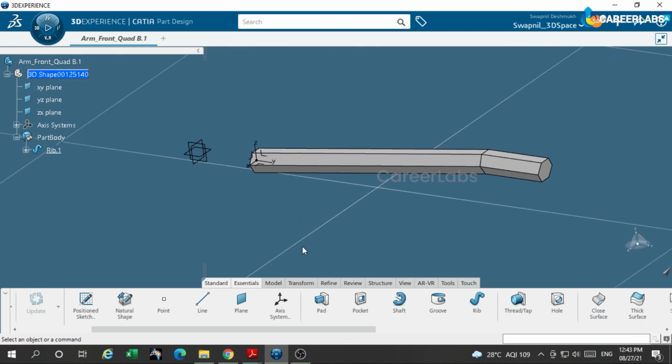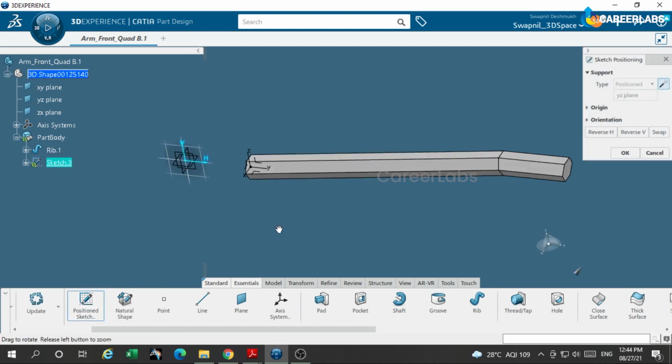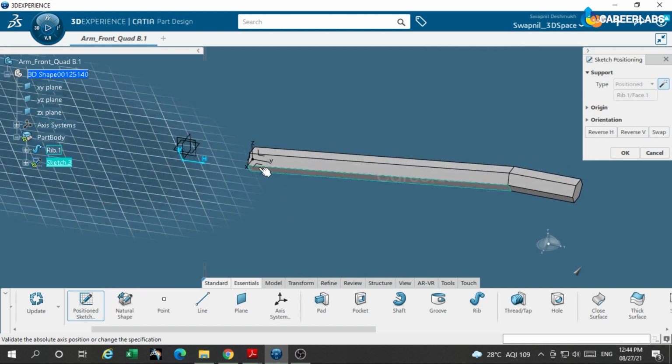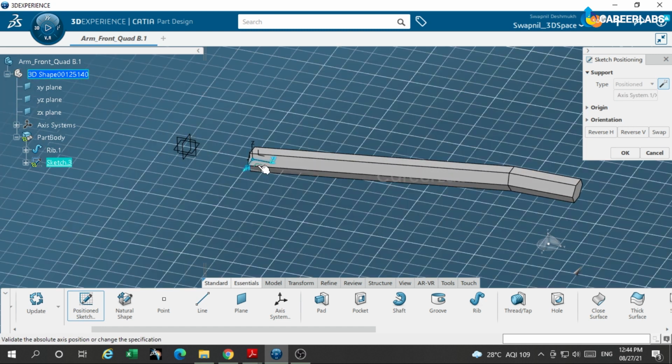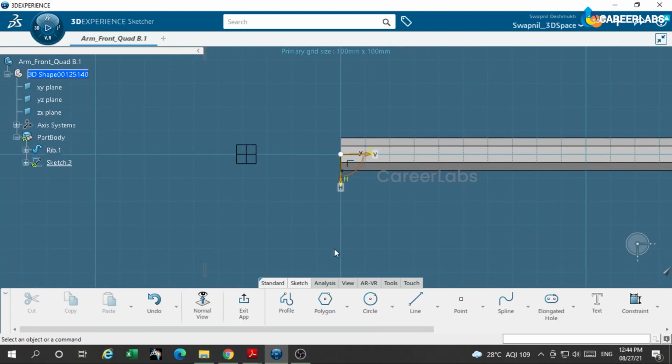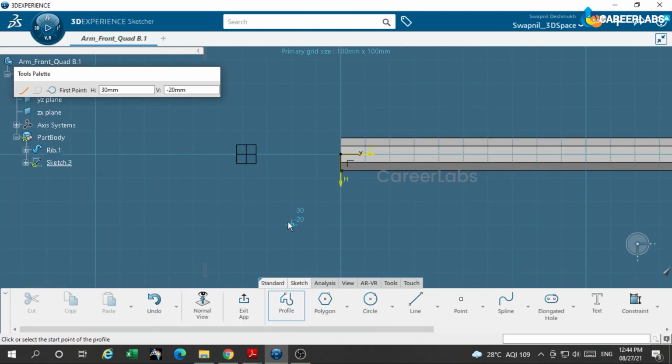Now once again we'll create the sketch, position sketch, to create the next feature. So for that I'm going to use this horizontal plane to create the sketch. So like this.